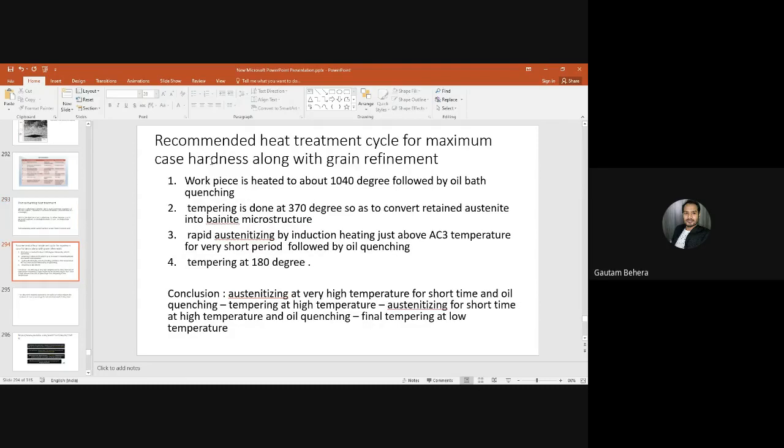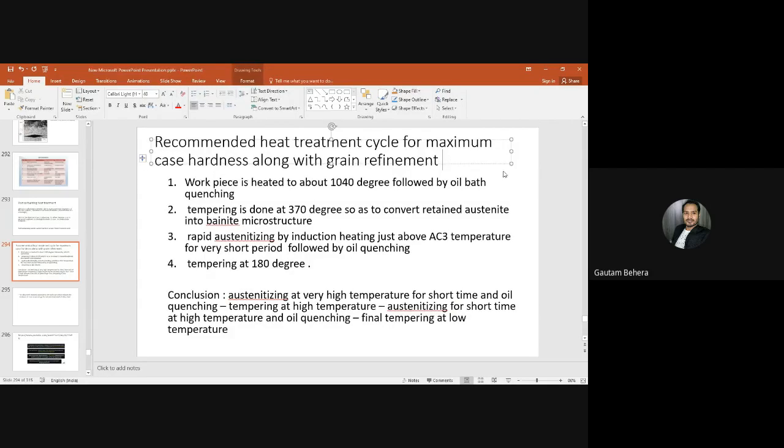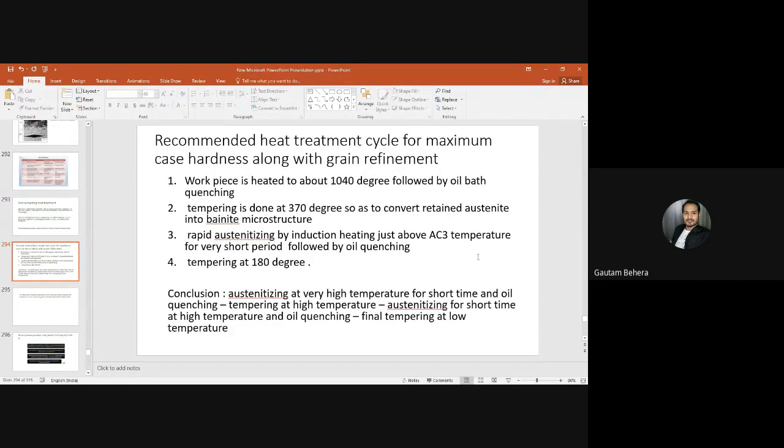So there is a method called the recommended heat treatment cycle for maximum case hardness along with grain refinement. So what is that heat treatment cycle? It consists of 4 heat treatment cycles. First, the steel specimen will be heated to a very high temperature, 1040 degrees centigrade, in the carbon atmosphere